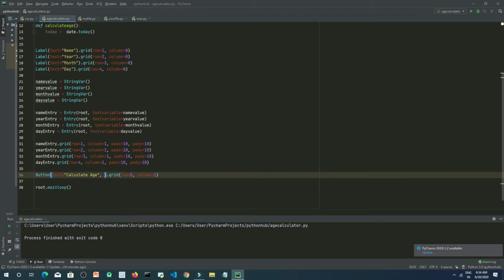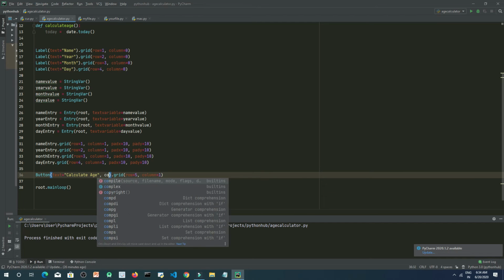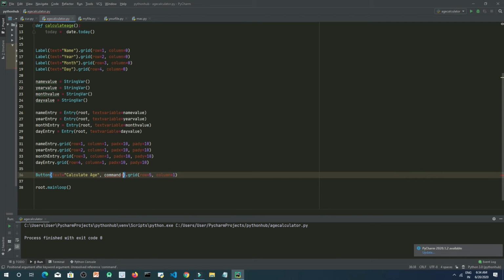Using the command, that is command equals, we have to calculate the age, right, that is when we click on the button, we will call the calculate age function, which will calculate the age and will set a new label widget which will show our age, right. So now let's call it using calculate age. Okay, you need not type those brackets here because this will give you an error.